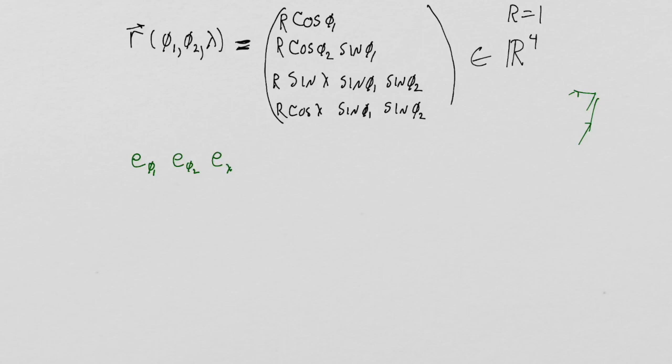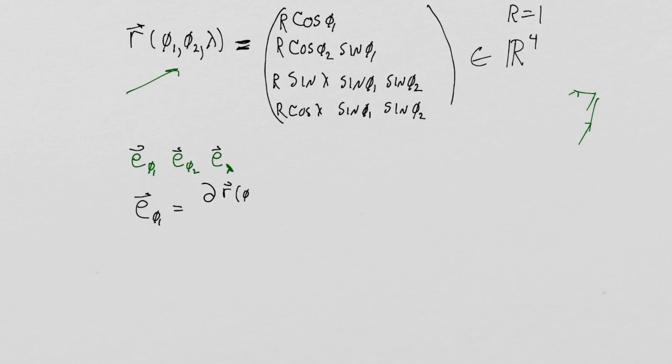And these three vectors are going to be basis vectors for the tangent space at the point phi 1, phi 2, and lambda. And we're going to construct them from this. The definition for that construction is the same as it would have been for the sphere. It's going to be E phi 1. These are vectors, so I should give them little vector symbols because I can't do boldface on this whiteboard very easily. So E phi 1 is going to be defined as